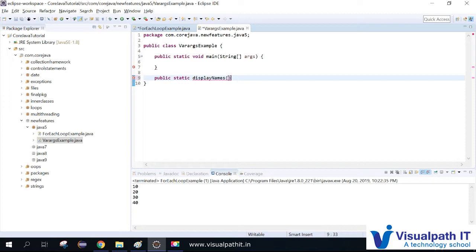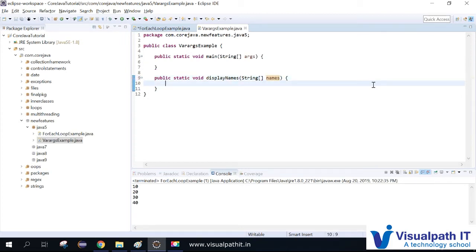What I'm doing here is a simple void method. It will display names, and it is taking as input a string array, string type of values, which is names.